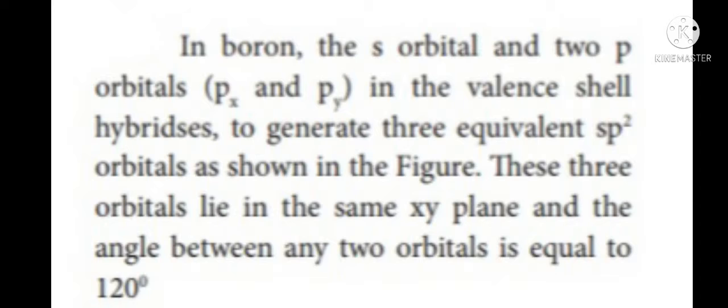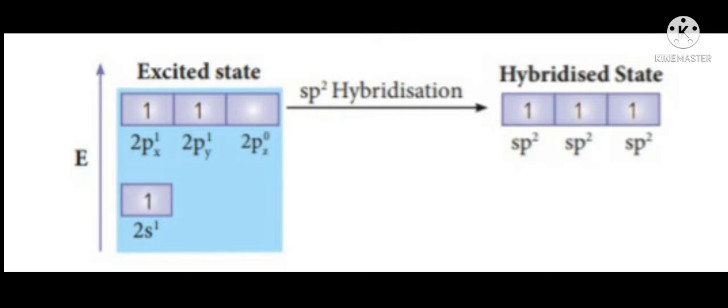In boron, one 2s orbital and two 2p orbitals, namely 2px and 2py, in the valence shell hybridize and form three equivalent sp2 hybridized orbitals. It is shown here. Each sp2 hybridized orbital contains one electron. Now, these three orbitals lie in the same xy plane and the angle between any two orbitals is equal to